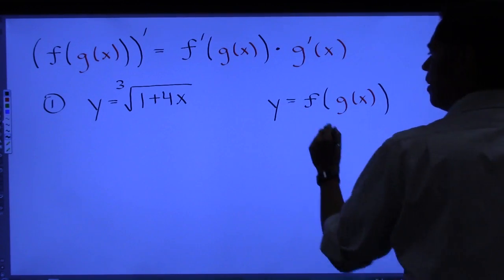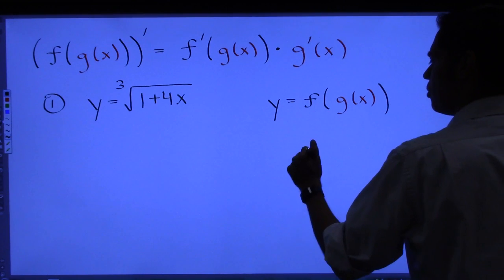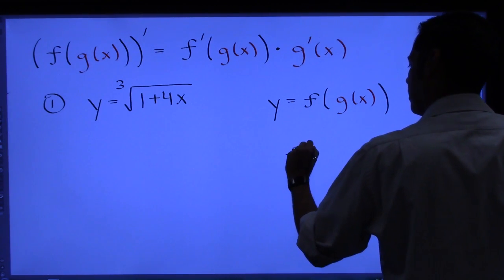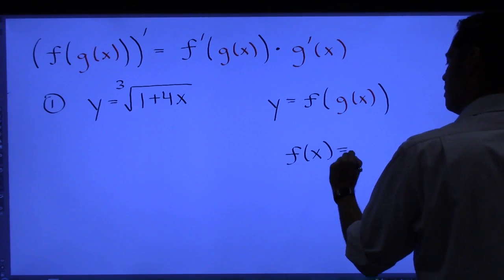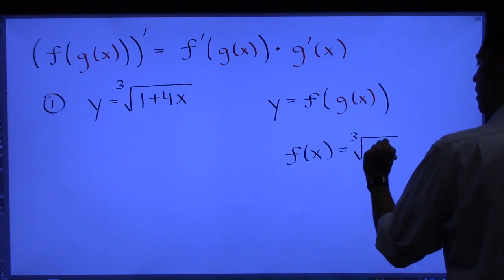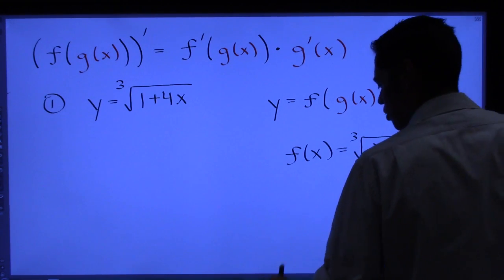So what is the f function here? The f function is the outer function. So I could say that f of x is the cube root of x. And then the g function,